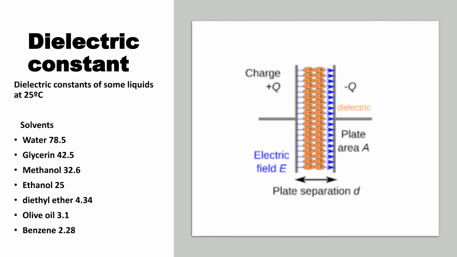And for the non-polar molecules, it is found to be low in number. So the dielectric constant is low because they provide some sort of resistance for the flow of electricity. Different substances have different dielectric constants, and as per that they are selected for the measurement of the dielectric constant.